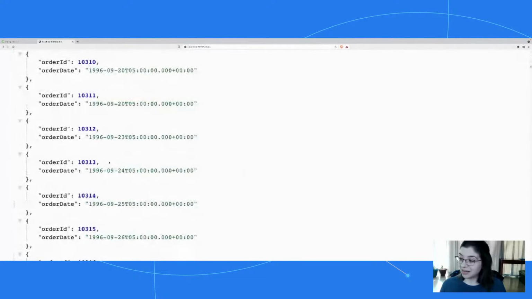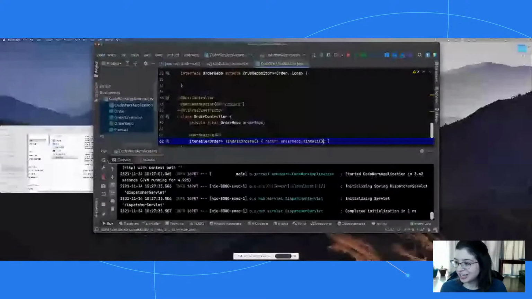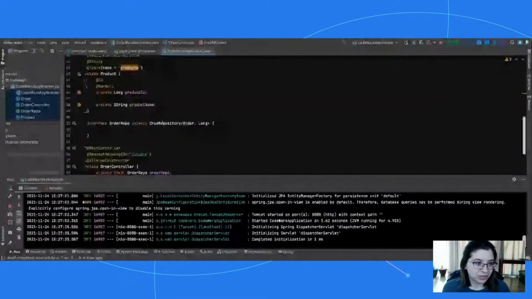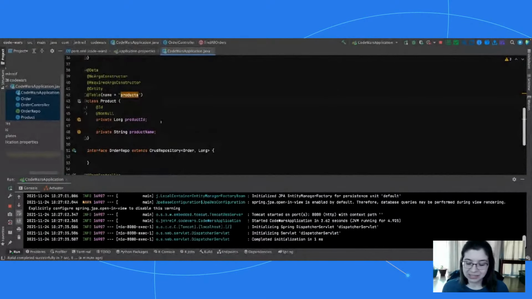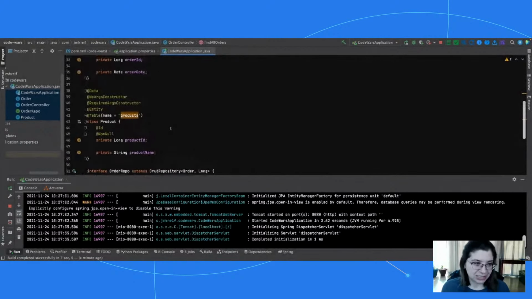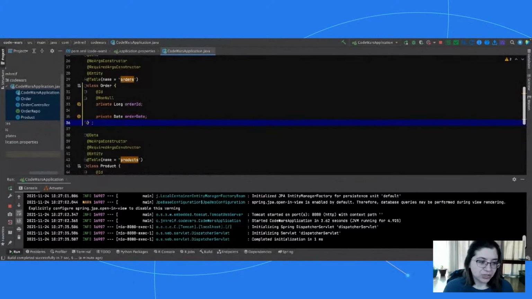Now that's great, but you might say, hey, you haven't really connected it to anything. All we're getting is just the basic order details. You are correct. Let's switch and go back to IntelliJ, and we'll start looping this product and the relationship into that. So we have our product already defined. That's there.